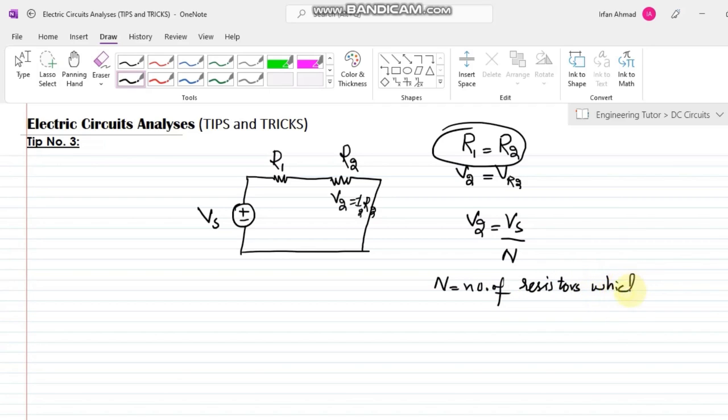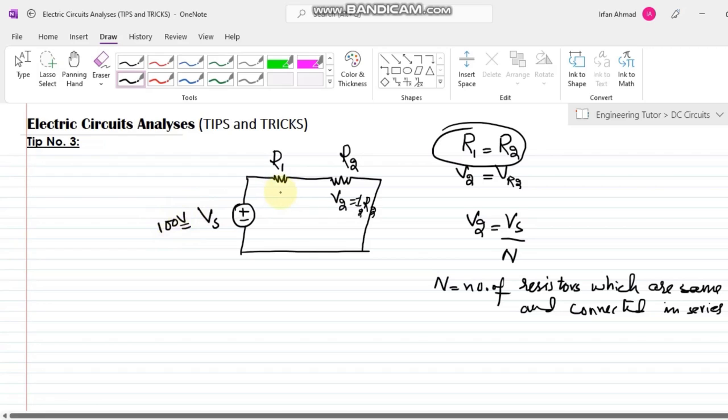which are the same and connected in series. Okay, so let me have here Vs equal to 100 volts, and the value of R1